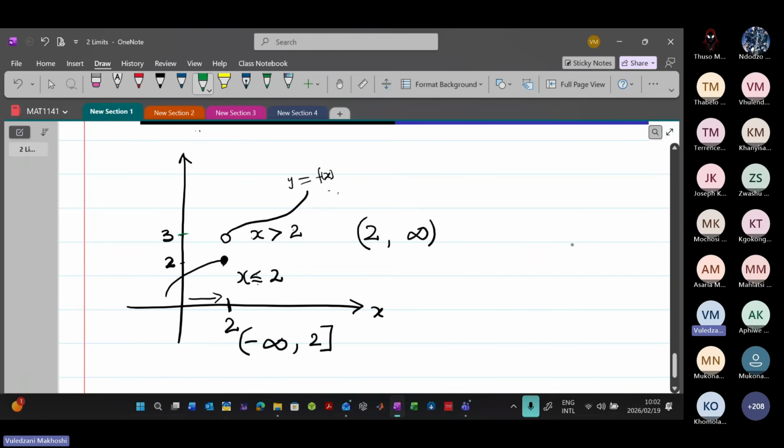So if, for instance, we talk of the limit of our function f of x as x approaches, say, 2 from the left, and we also look at the limit of f of x as x approaches